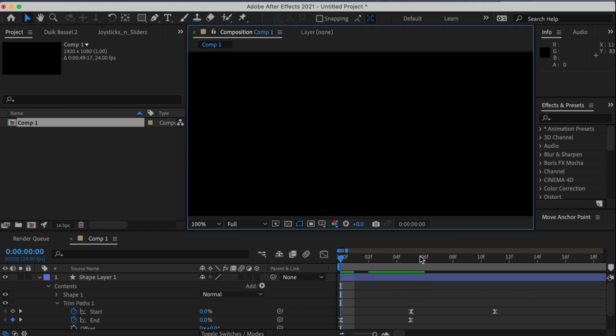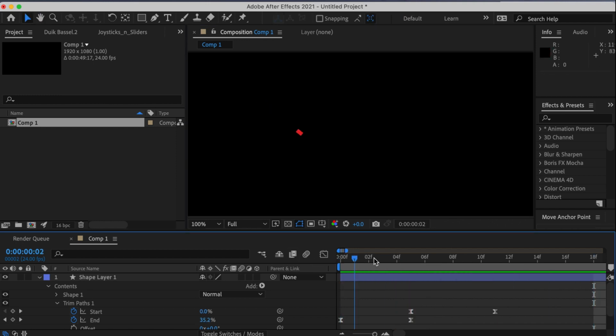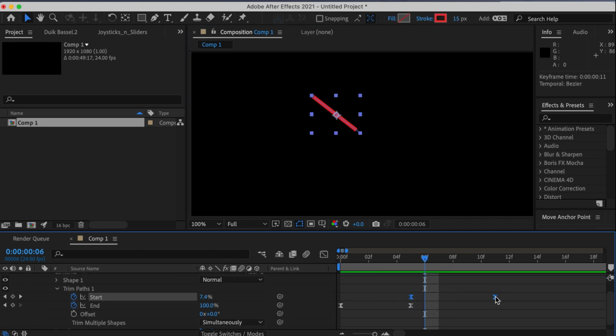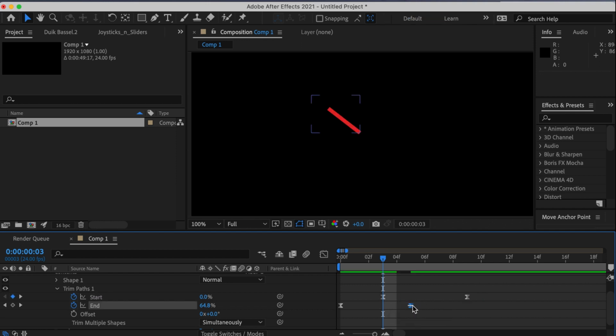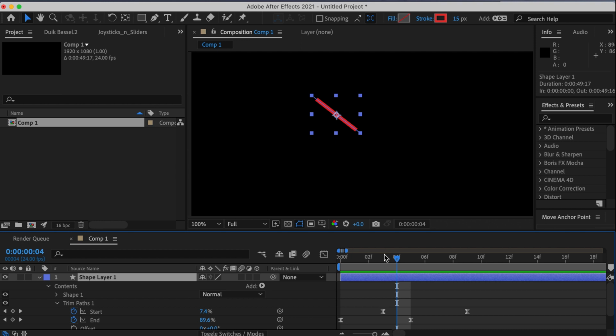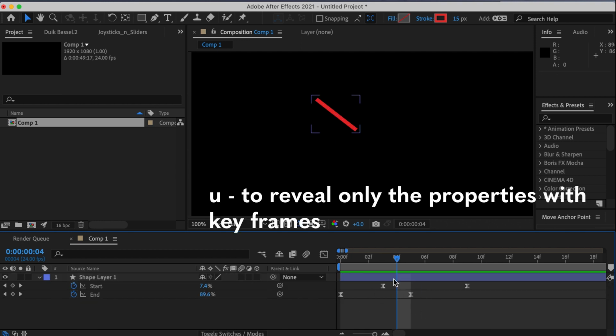So now we have our first part of the explosion. Now we can also overlap the appearing and disappearing animation. Like the appearing animation is not yet finished, we could already start the disappearing animation. So it's gonna look something like that. I think that's good. So now that we have finished this, so I'm just gonna press the U key, and